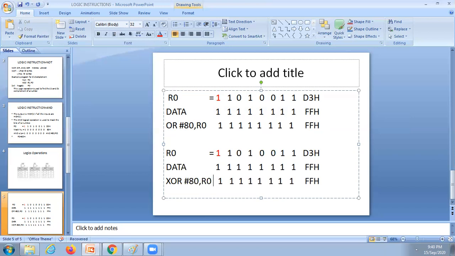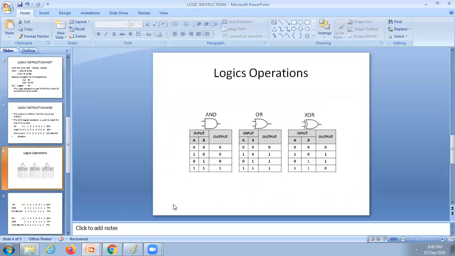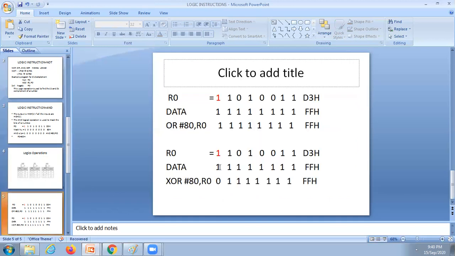If you use XOR logic, what will be the output for 1 1? The output is 0. That means for an even number of ones in the inputs, the output is 0. For an odd number of ones, the output is 1. Based on that, 1 1 is 0. Again, 1 1 is 0.